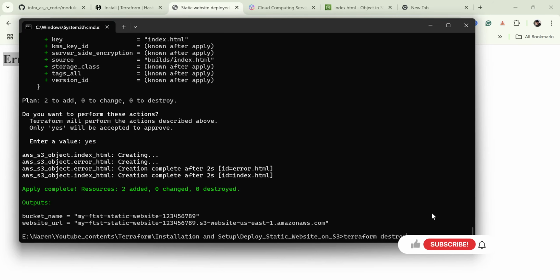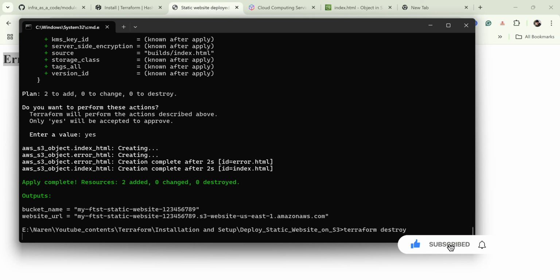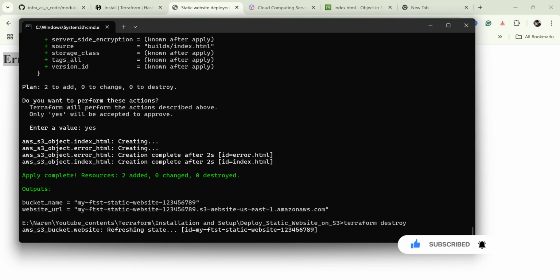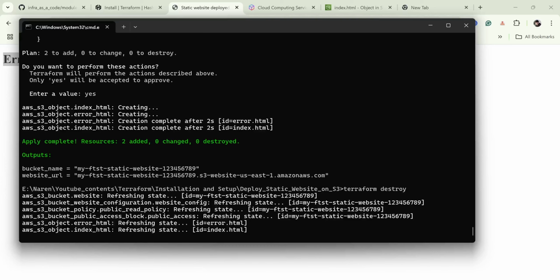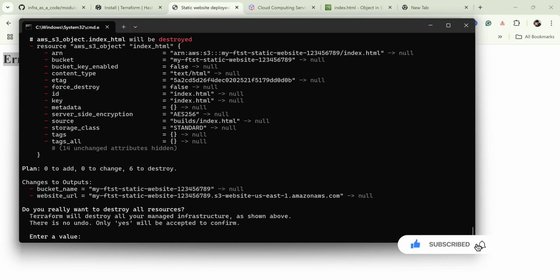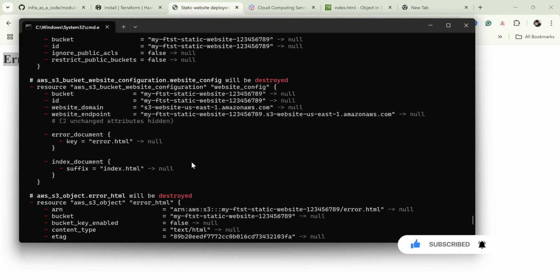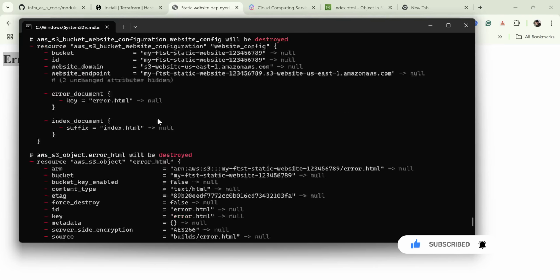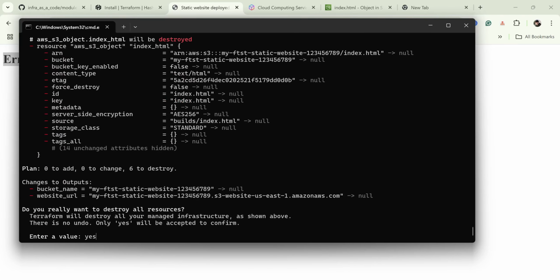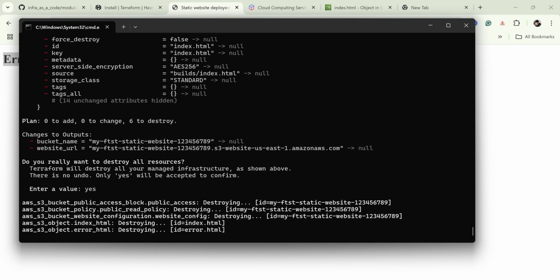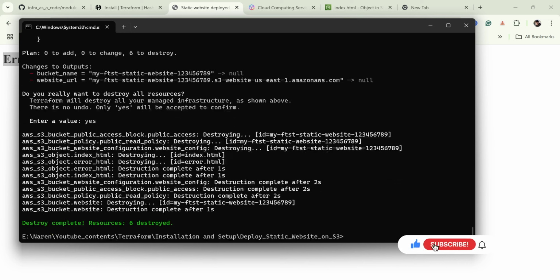So now let's run the terraform destroy command, which will destroy all the infrastructure that we have created. You can see it will be refreshing the state all the time. When you are doing any action, it will refresh the state and then remove. It will list out what it is removing. You can check all the content and then confirm, yes, we want to destroy. By typing yes, all the 6 resources that have been created were removed successfully.